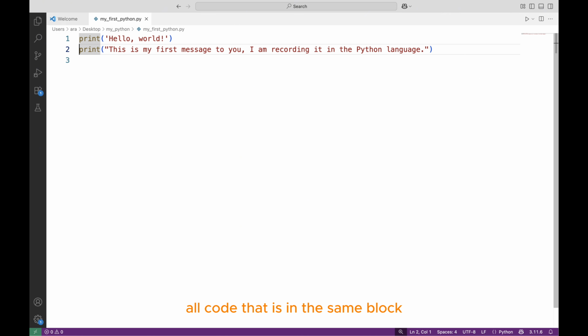All code that is in the same block must start at the same indentation level, in this case with 0 spaces. You might be asking, why is this rule so strict? That is an excellent question. For now, all you need to know is that this is a fundamental part of Python's grammar. We are going to explain the why behind this rule in a dedicated lesson on a topic called indentation. It's very simple, and it's one of the things that makes Python so clean and